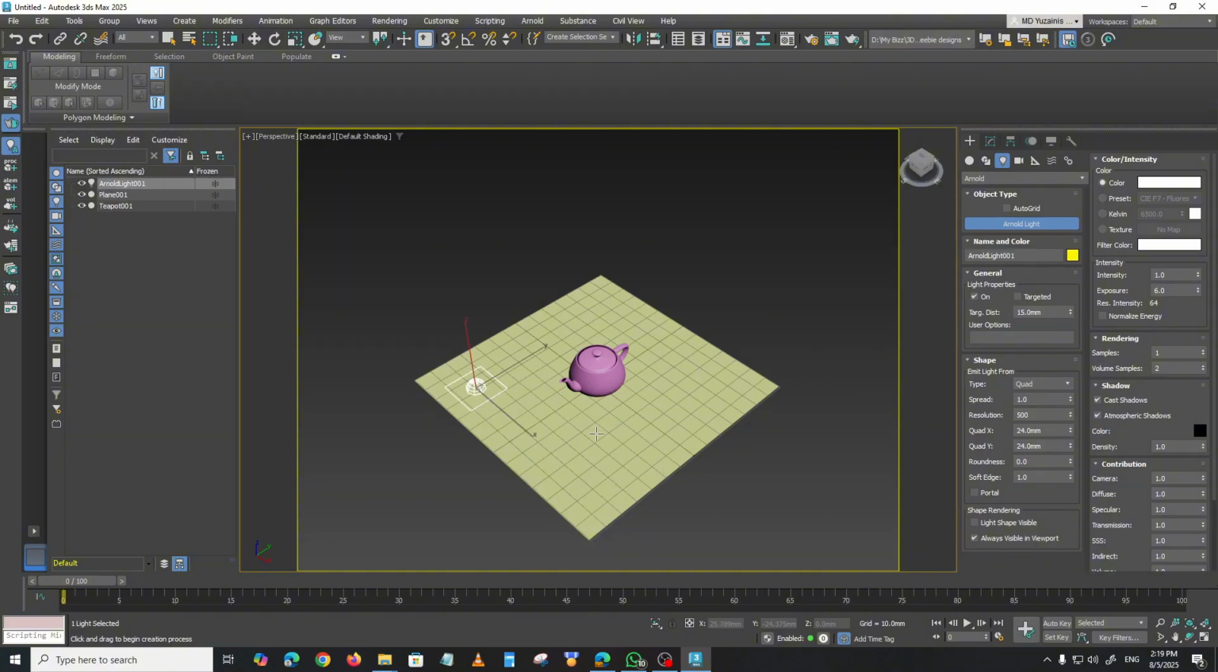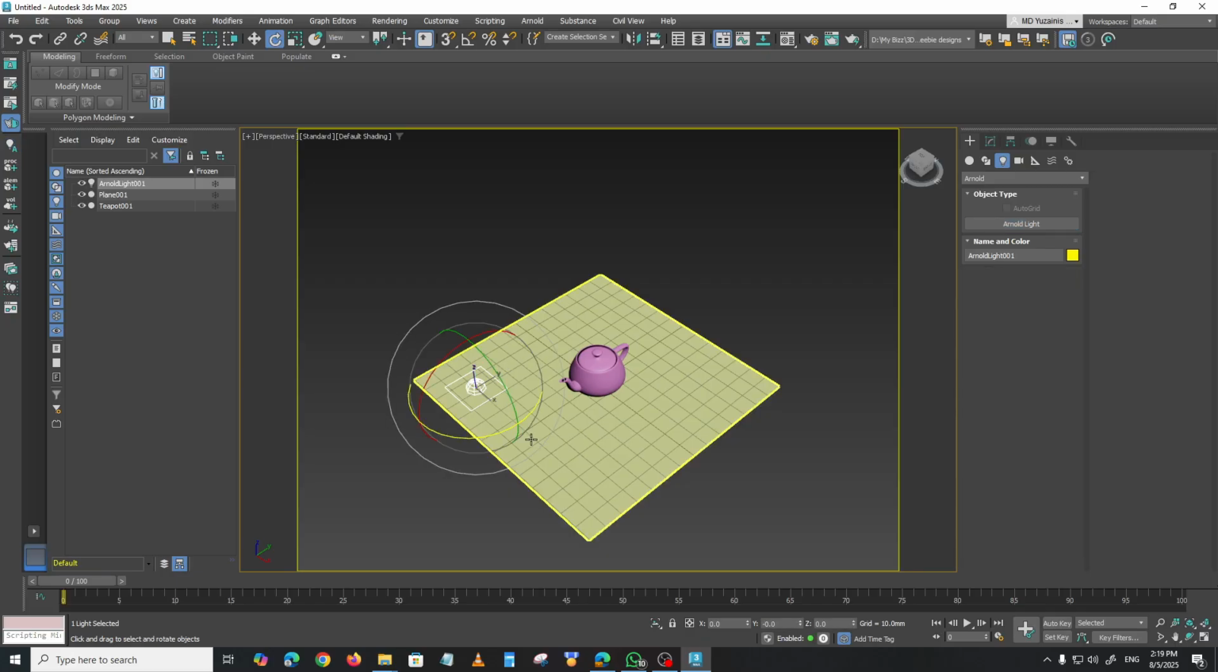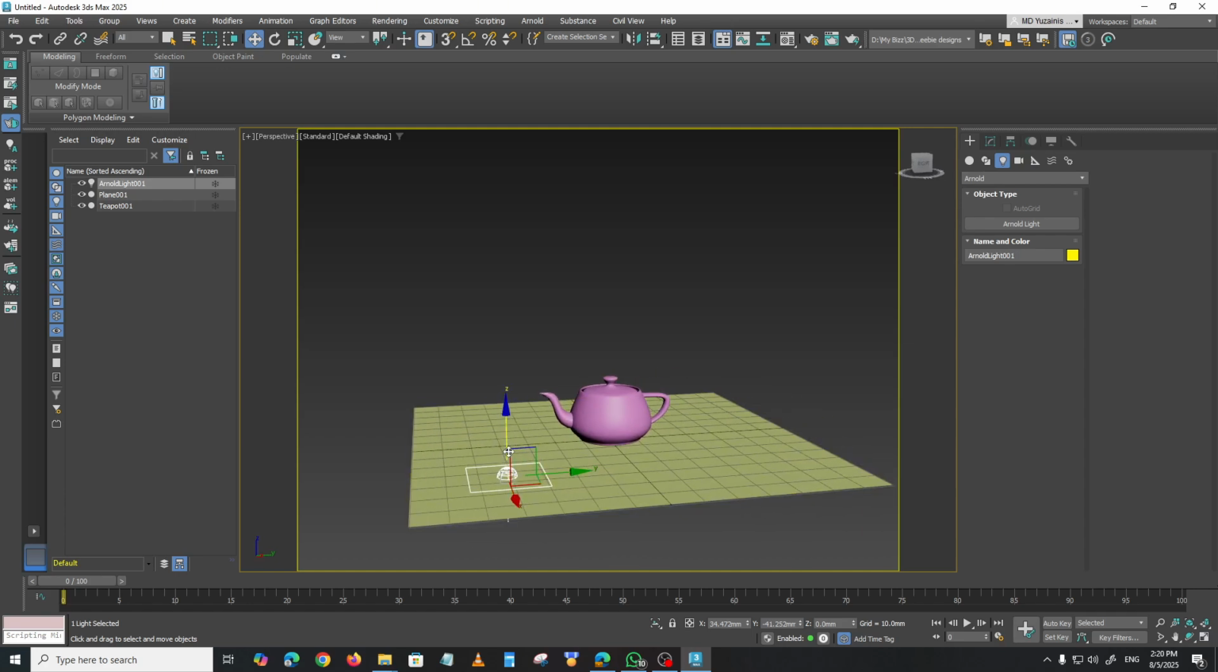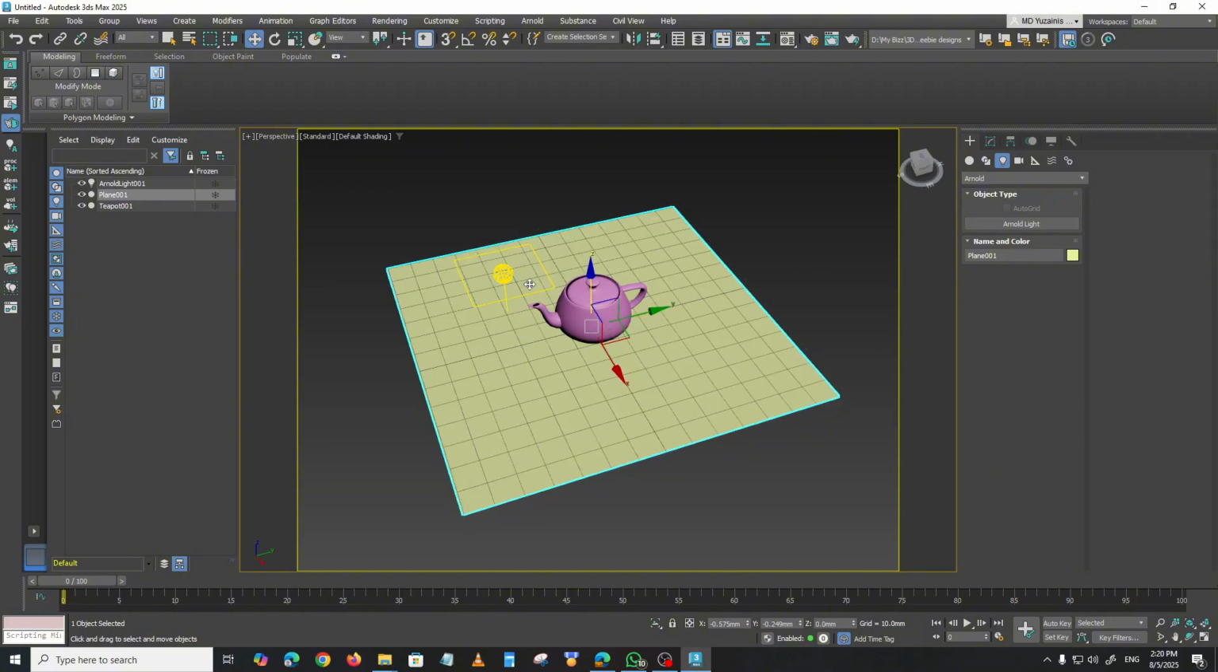Okay, so I added one. Right click, you might want to move it, W for move, and then move it here. And of course light should be above, right? Light's not on the floor, so we're going to move Z up here. Oops. Okay,